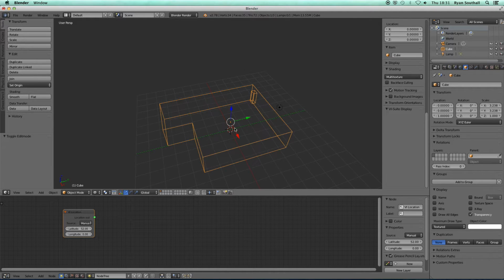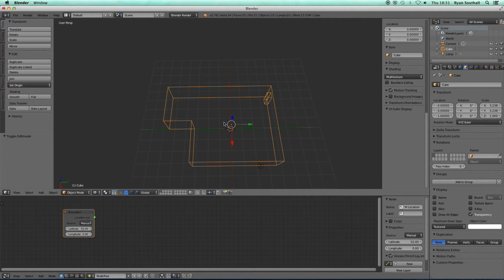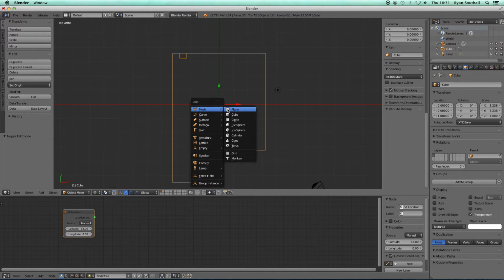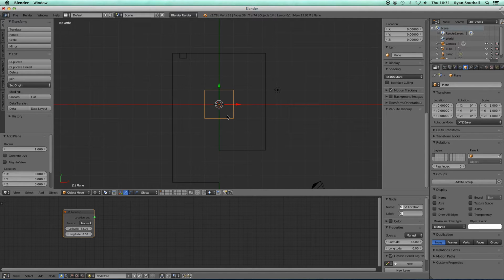But for this example, I'm going to create my own sensing surface. So mesh plane, scale that up,